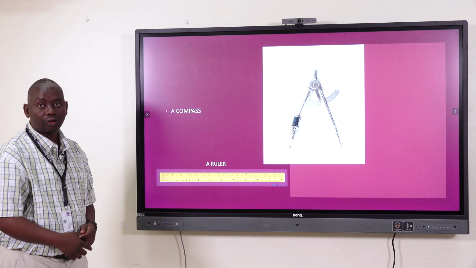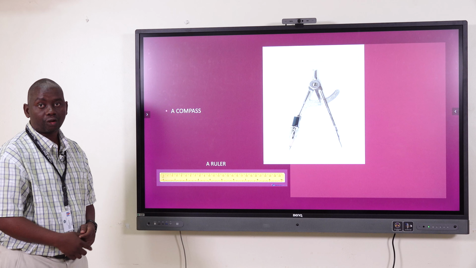Under measurement, we want to look at bisecting an angle, and in our lesson, we would like to look at the angle bisector. We are saying that an angle bisector is a line that splits an angle into two angles, whereby we'll have